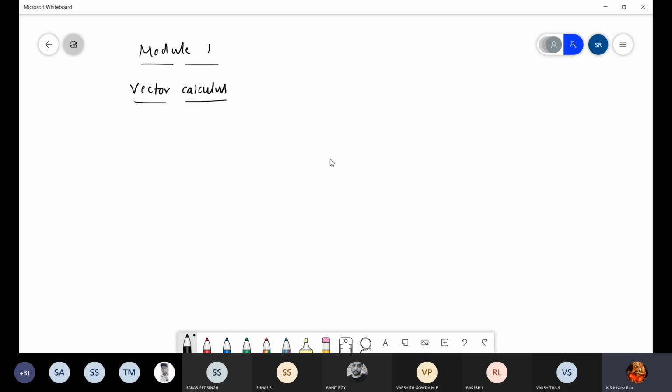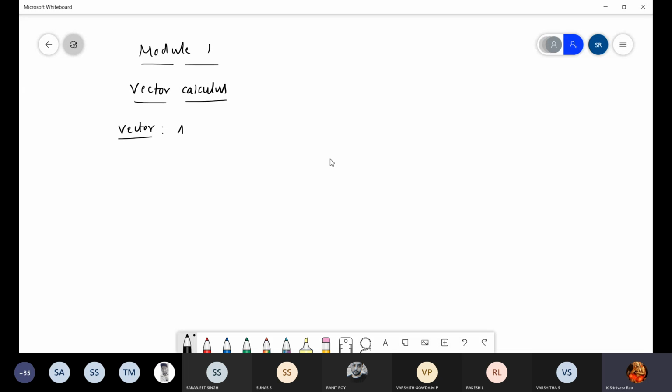We will discuss the basic definitions of vectors and scalars and some basic results: unit vector, dot product, cross product, everything. First take down the definition of vector. This is completely basic, high school level, which you studied. A vector is a physical quantity which has both magnitude and direction. Is it right? Just write the definition.